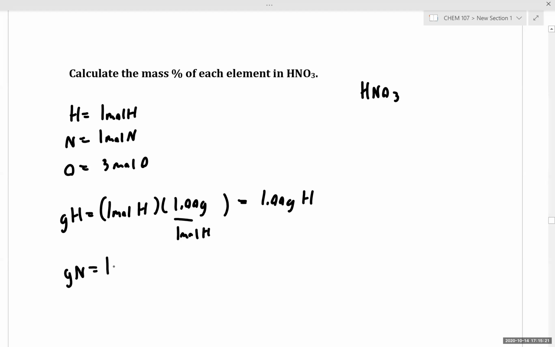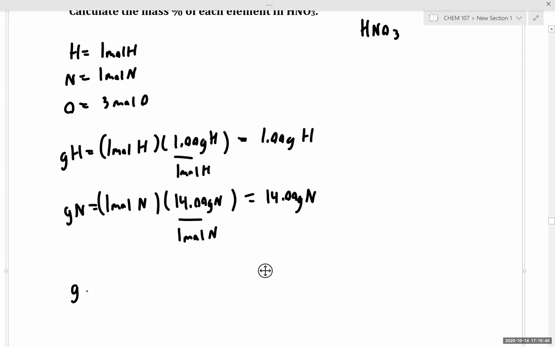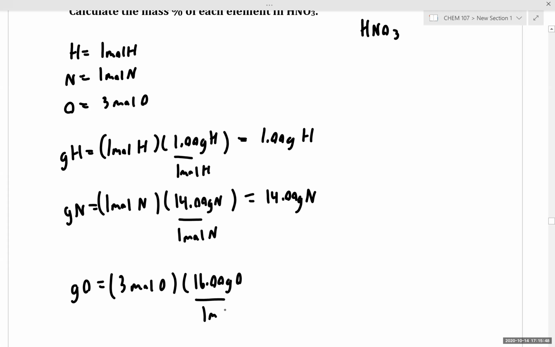For our grams of nitrogen, we have 1 mole of nitrogen, and we know that we have 14.00 grams of nitrogen per every 1 mole of nitrogen. That in turn gives us 14.00 grams of nitrogen to work with. For the grams of oxygen, we have 3 moles of oxygen, and because oxygen has a mass of 16 grams per mole, again, this is obtained from the periodic table. This is the atomic mass, otherwise known as the molar atomic mass. That gives us